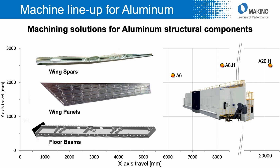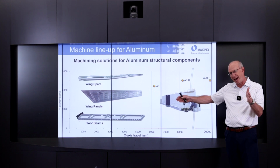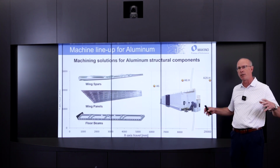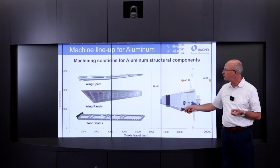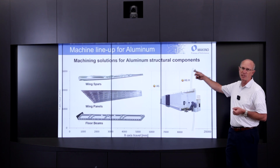Going to the other far end of the spectrum on that size range of parts, we see some parts like wing spars, wing panels, floor beams. These are parts that go axially out the entire length of that wing. So very long, skinny parts. And for parts like those, we have a different solution, a different series of machines that we